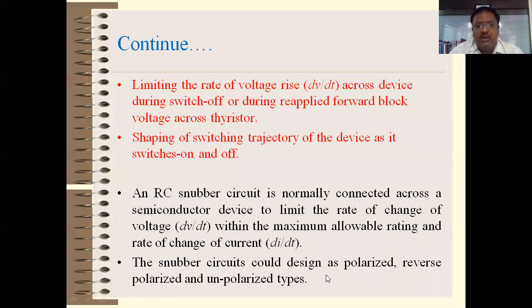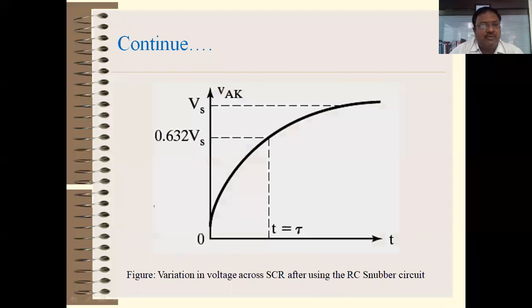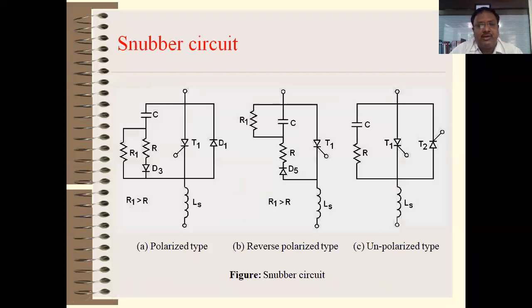So the snubber circuit can be designed as a polarized, reverse polarized, and unpolarized type. There may be different methods. So these are the different circuits. If you see the snubber circuit, that is the polarized circuit, reverse polarized, and unpolarized. So these are the different snubber circuits actually. Okay. So in this particular